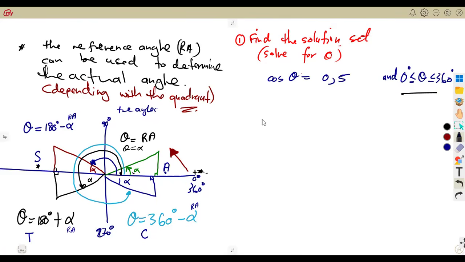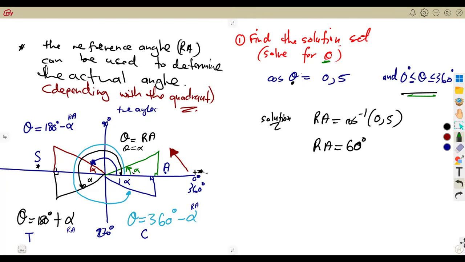So the first thing, just like the previous case, is to have the reference angle. What is our reference angle? Arc cos of 0.5. It's already positive, so just use it as it is. Arc cos 0.5 is going to give us 60 degrees as our reference angle. But to determine theta now, the exact angle that we need,